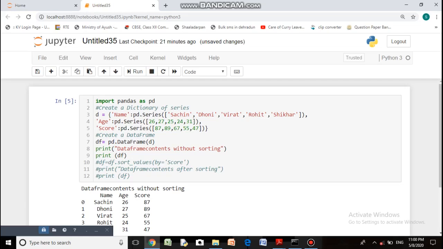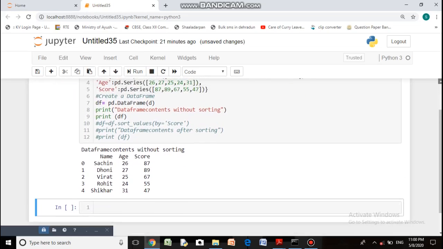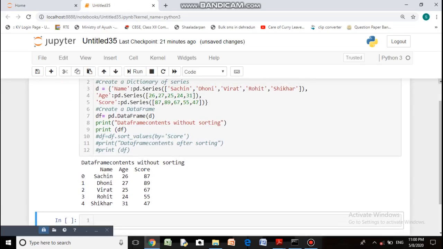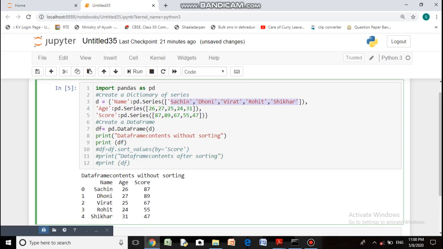You see, this is the data frame that we have created, and this is how this data frame appears. Alright, there are three columns: name, age, score, which we have created using a dictionary. This is the name, and this is the column, which is actually a series. In place of series, you can take list also. Alright. So name, age, and score. Three columns are there, and this is the actual data frame.